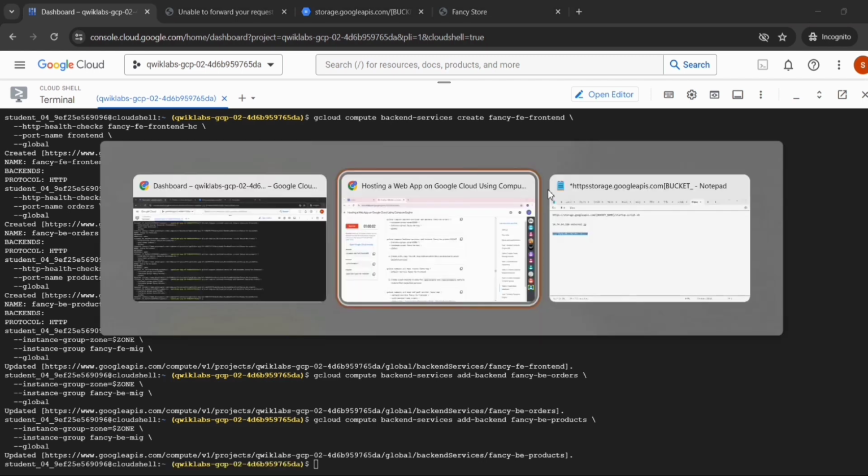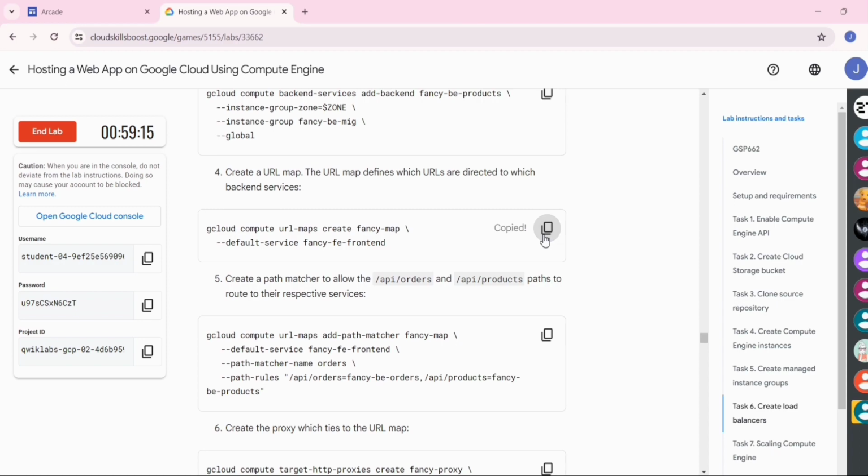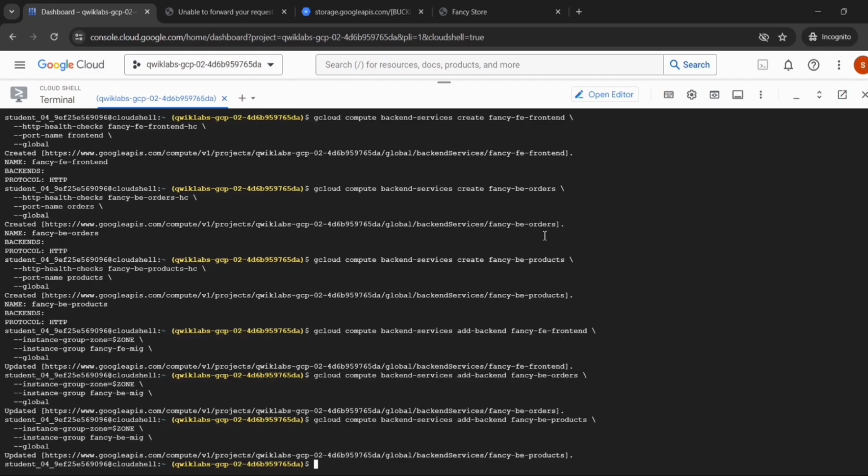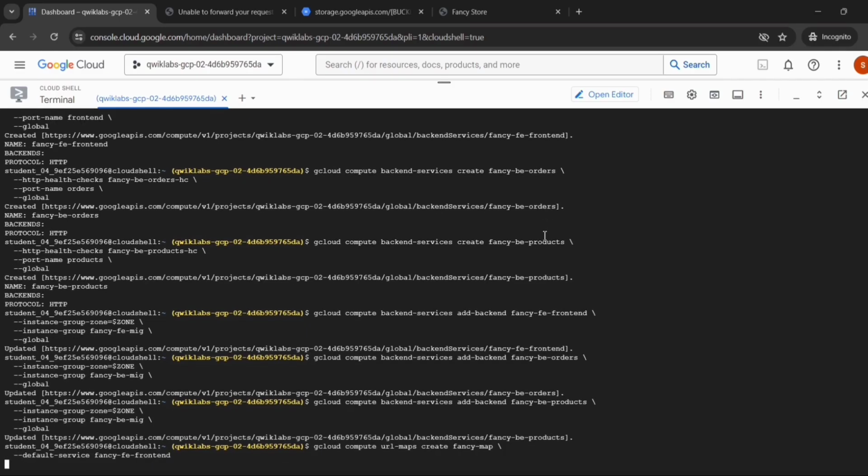Now go back to the lab instruction, copy this fourth command, go to the Cloud Shell, then paste it, then press enter.